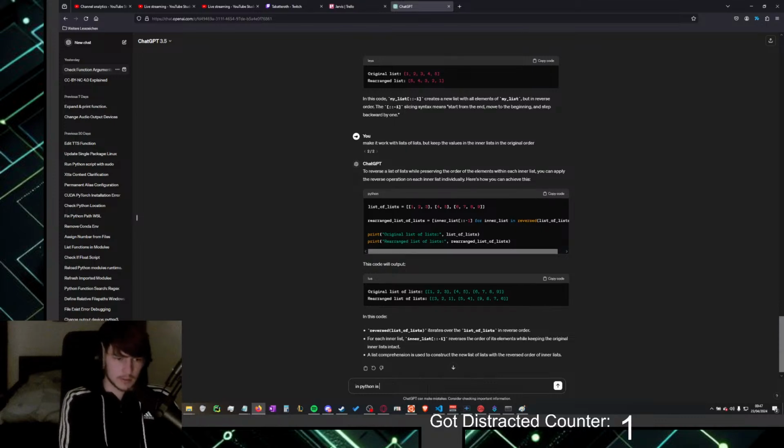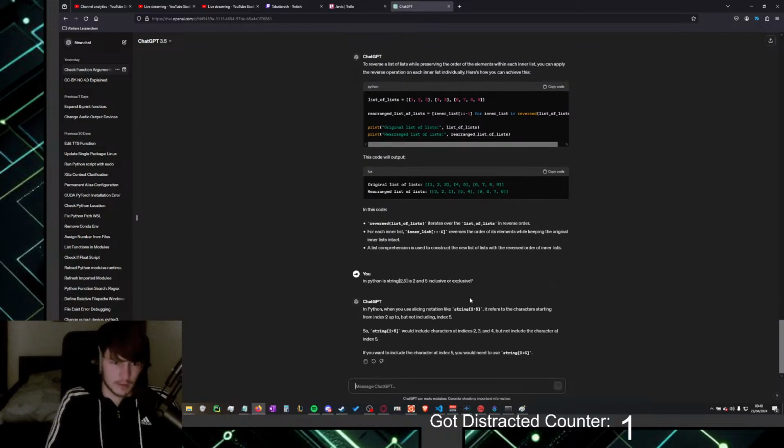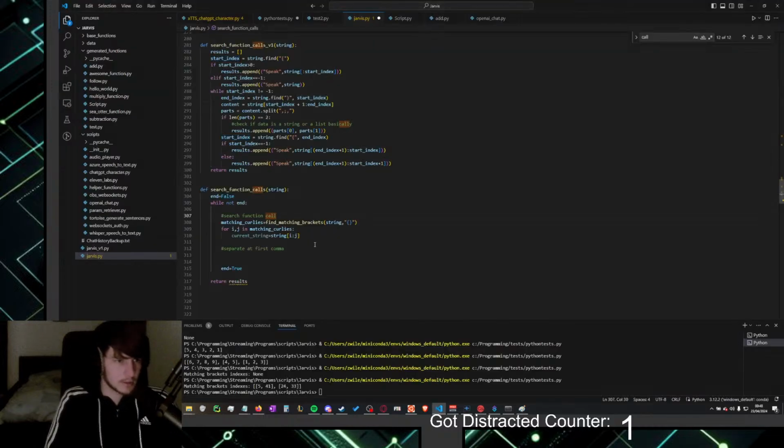In Python, string 2 to 5, is it inclusive or exclusive? I think the first one was inclusive and the last one exclusive. Index has 2, 3, and 4, right? Which is exactly what I just said. So the first one needs +1, so we avoid the bracket.